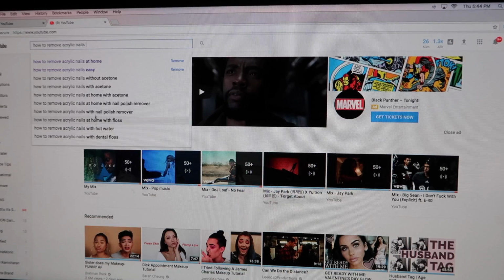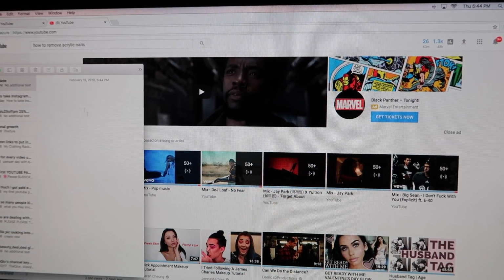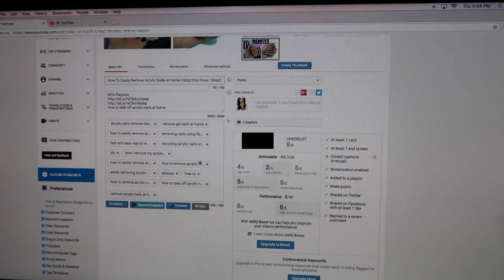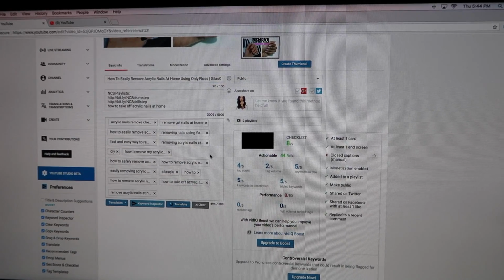All of these, you will copy and paste in a notes section. I usually have notes open so I can copy and paste everything here. I put those titles right here. Technically, if someone just looks up one of those phrases that they type in Google, then I will pop up because I typed them in my keyword section. So you want to have keywords that people are likely to type in and search. That is what you're going to put here. So if they're looking up how to remove their acrylic nails on Google, then my video will pop up.